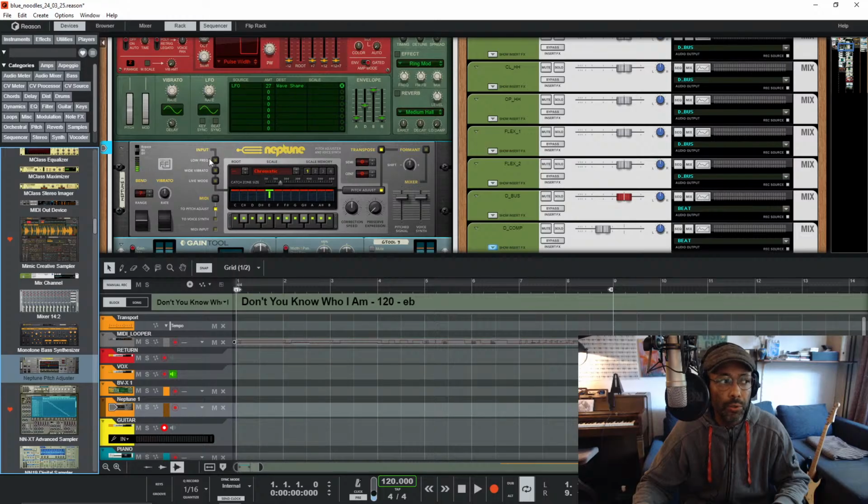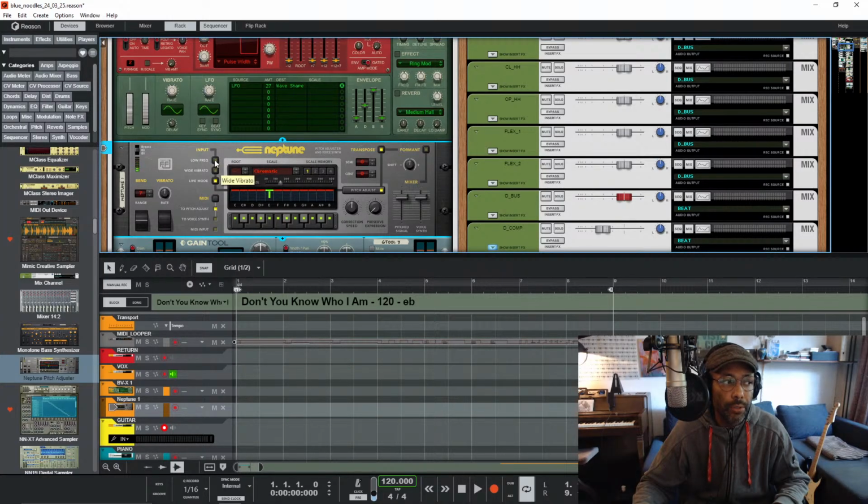You can also use that. It does introduce some latency, as you can see, kind of crazy latency. Like, look at that. It went from 1.2 to 50 milliseconds really fast.